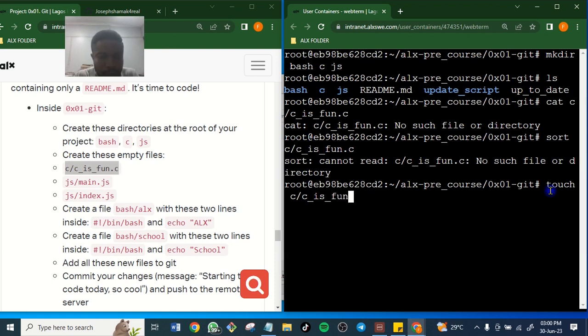Okay, so c/c is fun. Don't forget, these were the things we removed in our C. They were supposed to be in our C, but we deleted them before, so that is why they are no more there. Okay, they are C language. You can see it. C/c is fun, so they are C language. This one is JS language. This one is a Java language. This one is a C language. Okay, so now that's why we're having it as C.